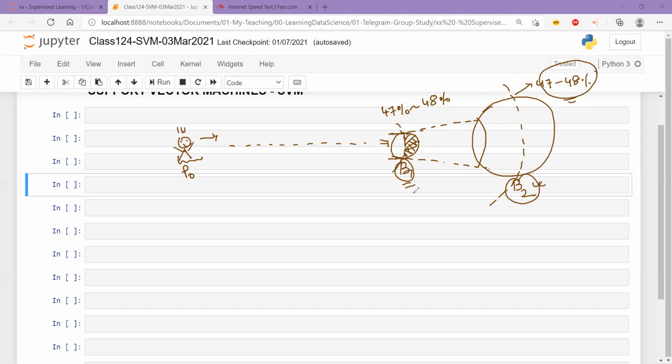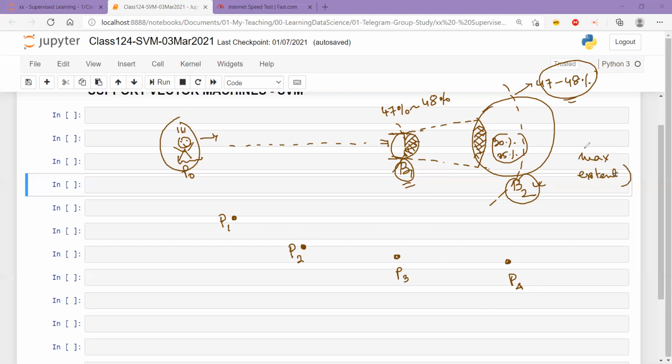But that is not the case. We have B1 in front of B2. So in this case, because B1 is also blocking this portion of B2, hardly 30 or 35% of the area will be visible, right? Now, how do we solve this problem? We took a very simple thing. Let's move this person to position 1 or position 2, or we move him to position 3, or position 4. From any one of these positions, he will be able to see both of the balls to the maximum extent.